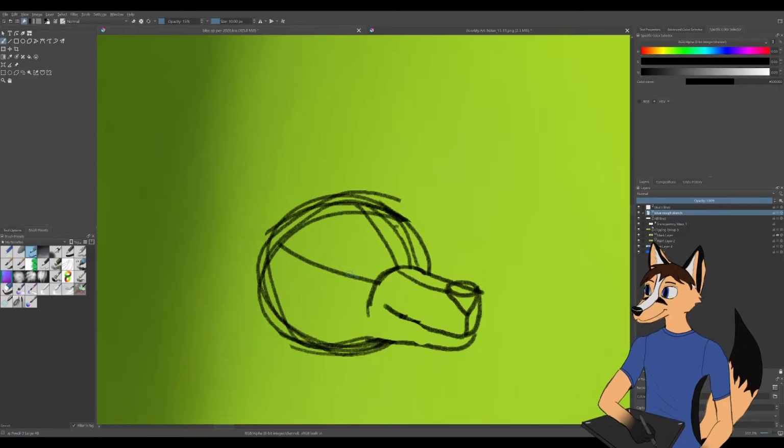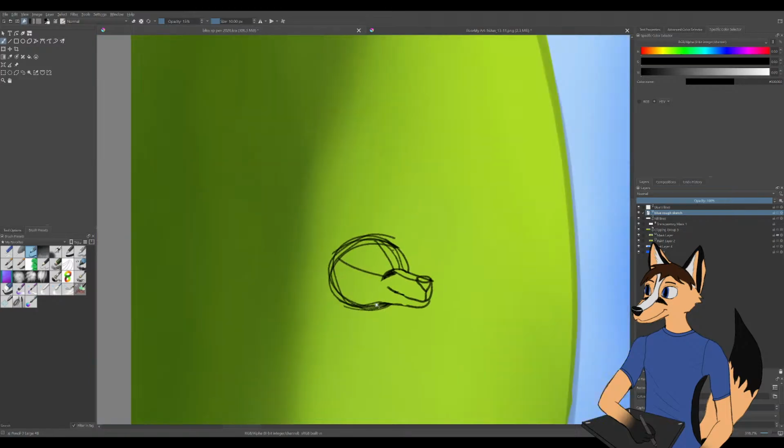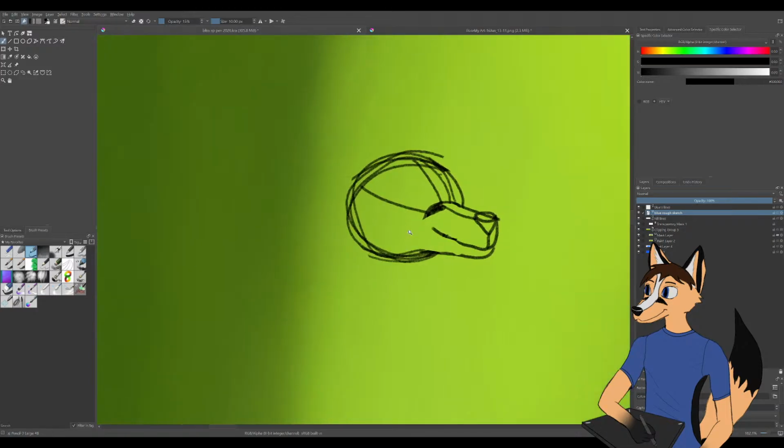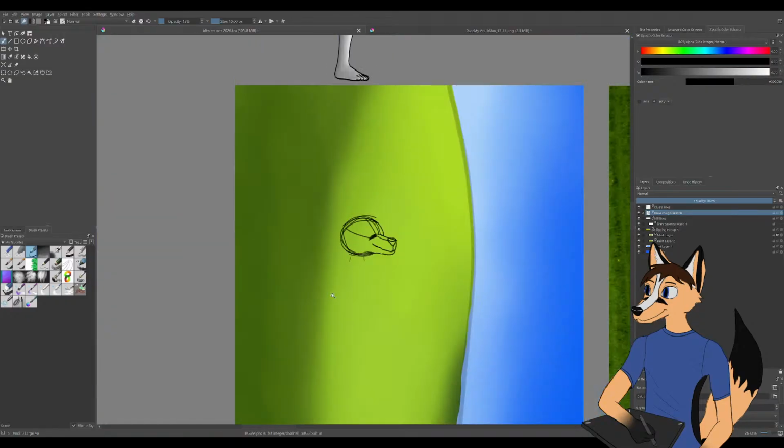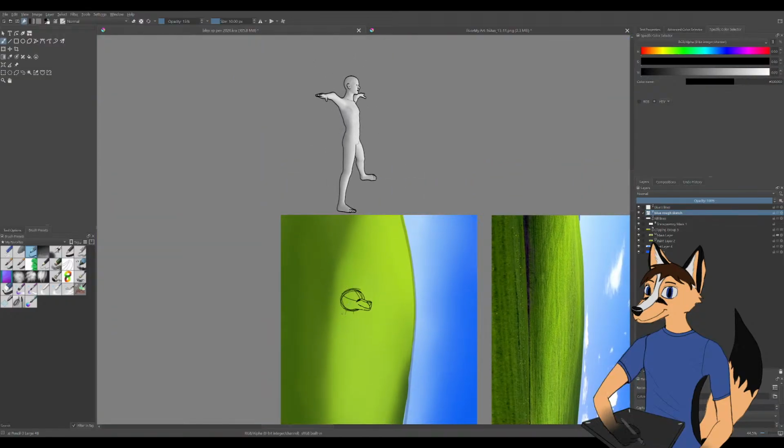I should actually stop adding details and treat this as the rough sketch layer it's supposed to be, so I can trace over these details in the layer later, but let's see.